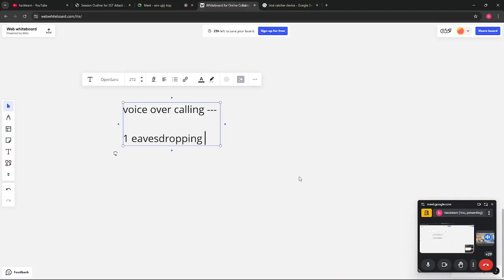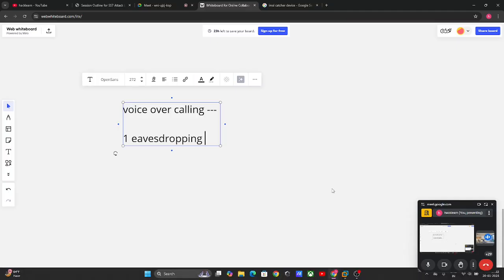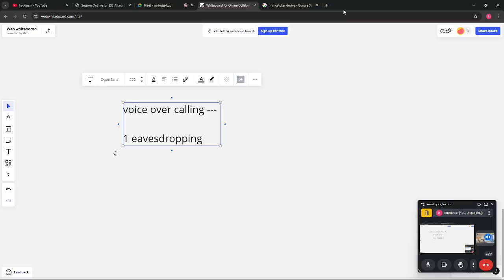Even if end-to-end encryption is not used, and sometimes they are not using it, in those cases you may capture all the voice they are sending over voice over IP. I have already shown that in Wireshark, how you can capture voice over IP. I did not have a call, that's why I was unable to capture. So with tools like Wireshark, or even tcpdump, you can capture voice over IP packets, and then you all know what to do after capturing the packets.